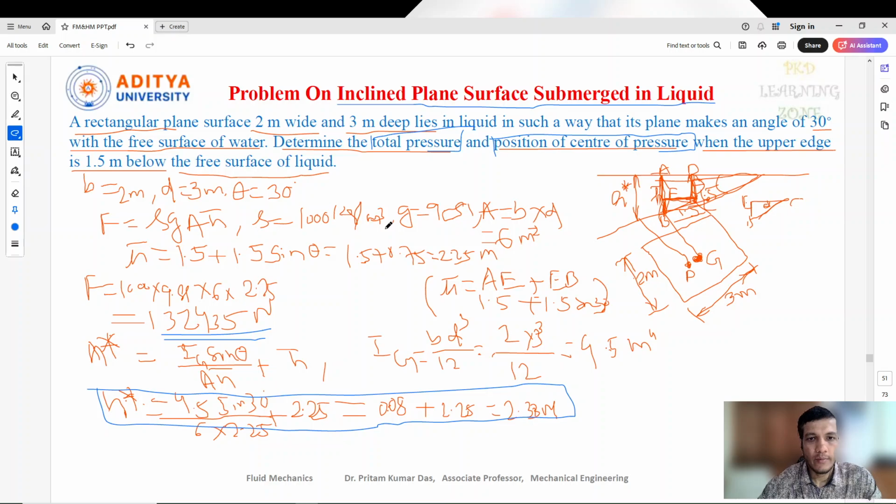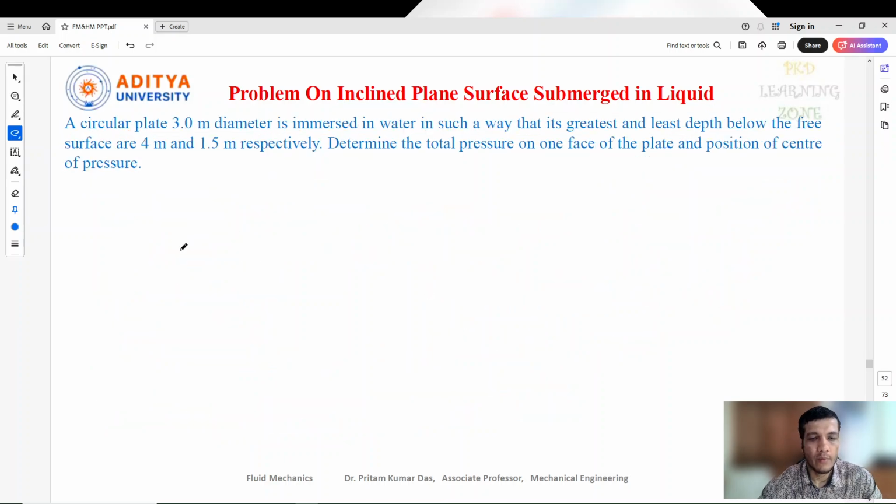Okay, now similarly one more problem, let's see. Here the problem is related to a circular plate actually given. So previously we have seen the rectangular plane, now here it is given circular plate. The concept will be same, the same way we need to solve it. That means we need to consider a free surface of the liquid like this. Here it is given it is immersed in such a way that its greatest and least depth below the free surface is 4 meter